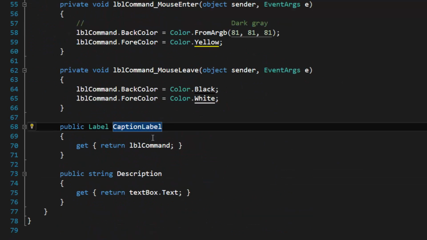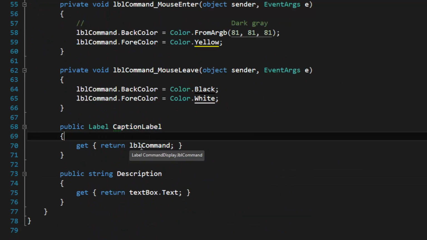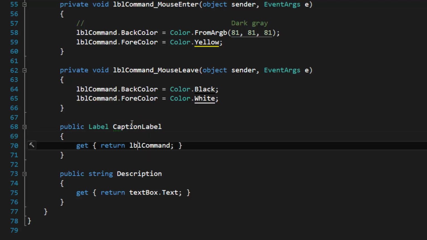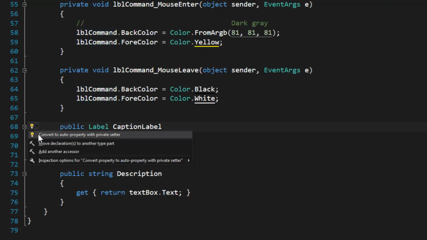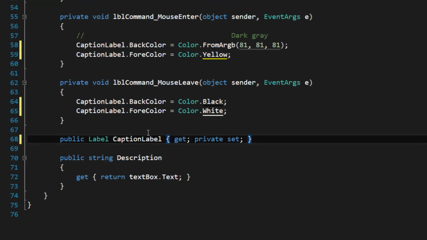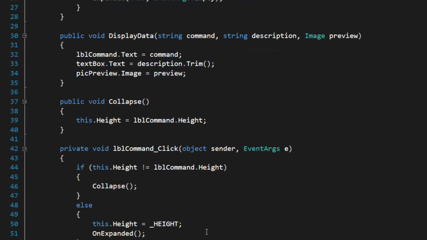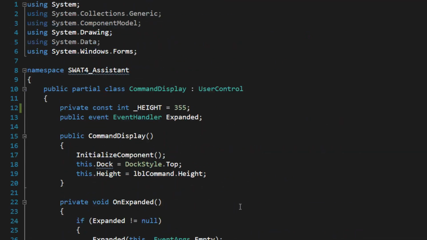I'm actually not too fond of this example here because label command is something that's placed in the designer view because this is a user control. So I think it will actually just break it, to be honest. I can't see how that works. But typically Resharper is not going to change the behavior of your code if you're using Resharper to make it cleaner. But there are little items and functions and stuff that you can use that will change the behavior of your code. For instance,